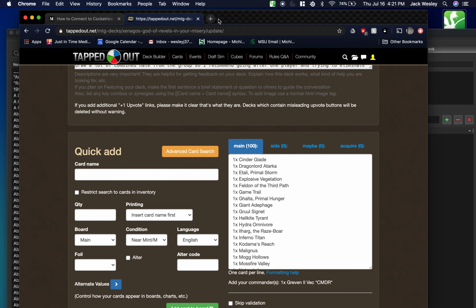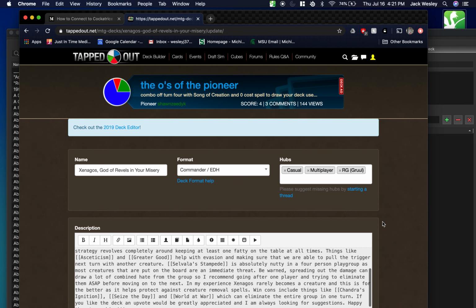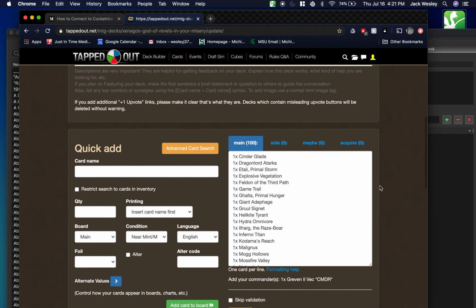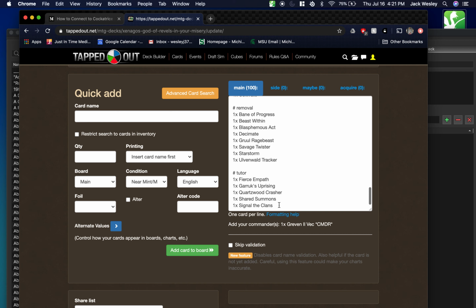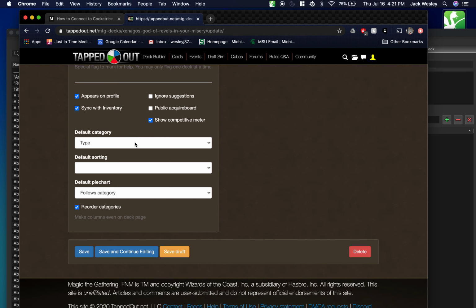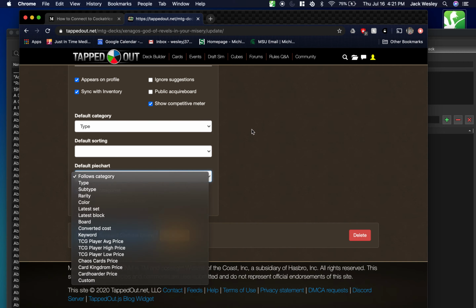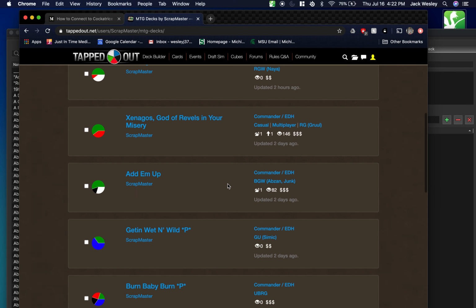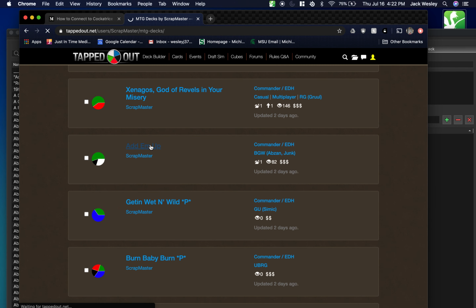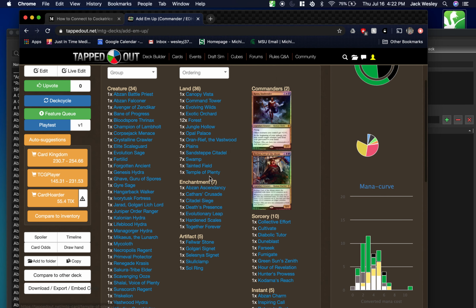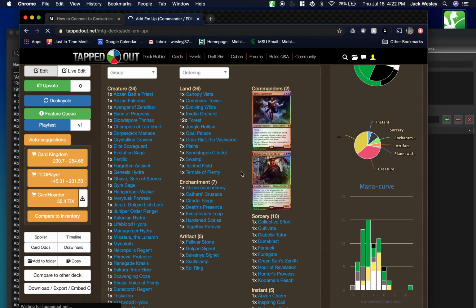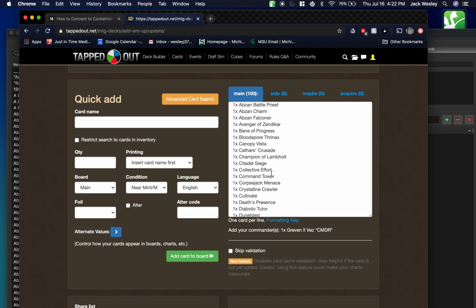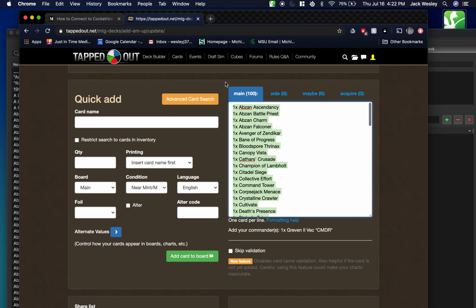Anyway, so what you're going to do is come over to the editing section of your Tapped Out. So this is how you move it in from Tapped Out. This is what I did, and it was really, really quick. Actually, hold on. That's really annoying. Okay, so I'm actually going to go to a different deck, because that one is organized by different things, and I don't want to ruin that. So this is my Rayhan and Ravos deck. So we'll edit this. Okay, so first things first, you're going to copy